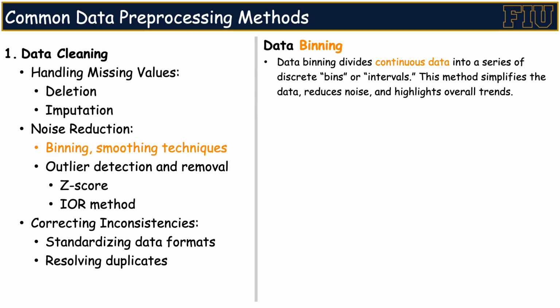Let's start by looking at data binning. Data binning divides continuous data into a series of discrete bins or intervals. Simply put, we group nearby data points together and use certain characteristics, like the average, to represent the entire interval. In doing so, we ignore the details of many individual data points but preserve the overall distribution of the dataset. By using data binning, we can simplify the data, reduce noise, and emphasize the overall trends, making the dataset easier